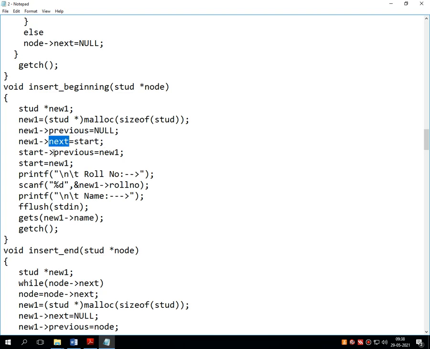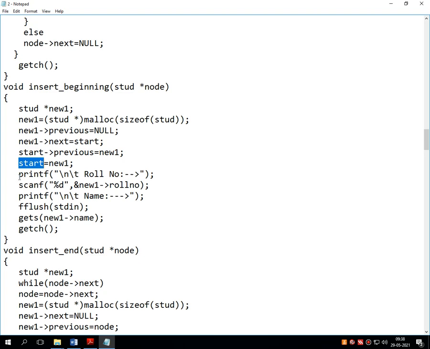What happened in the history? Of the total 5 nodes we have created, the first node already contains null and the next part already contains the address of the second node. We have to shift it to the new node. So for that, this particular line of code will work, and at that particular position the new node is inserted and it is considered as the first node, that is called the starting node.